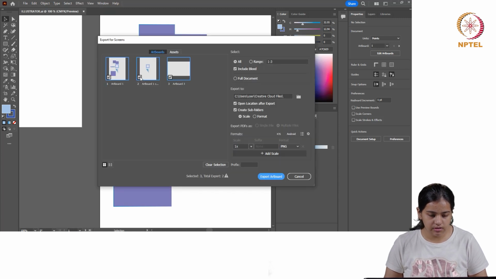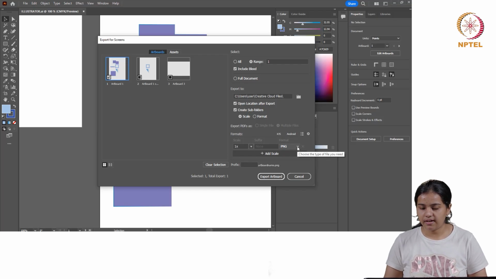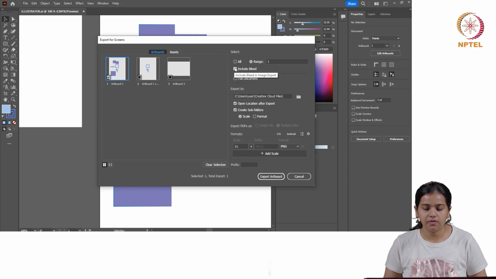We will choose this file only because this is the relevant file we have to download. I am choosing the PNG format. I don't want bleed in my document, and I will export my artboard.